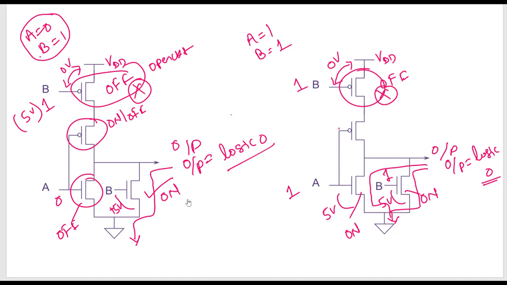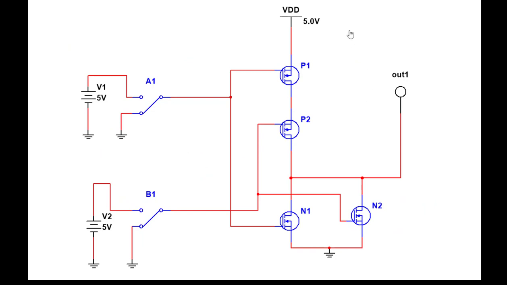Now we'll see the simulation of the same circuit using Multisim software. You can see here the same circuit which we connected using the Multisim software. These are my A, B inputs and these are two PMOS transistors connected in series, and these two are the parallel NMOS transistors. Let's start the simulation. When both are 0 0, these transistors will be on and effectively you are going to get output 1. If you keep 1 0 or 0 1, in both cases one of the NMOS transistors will provide effective ground connection towards the output side, whereas one of the transistors will be open circuit.